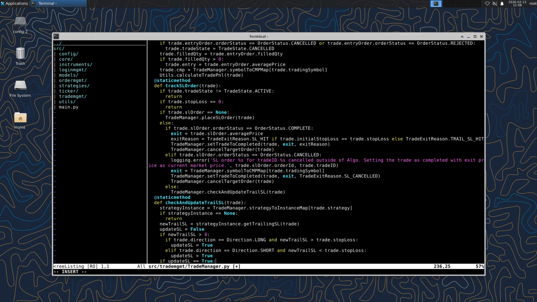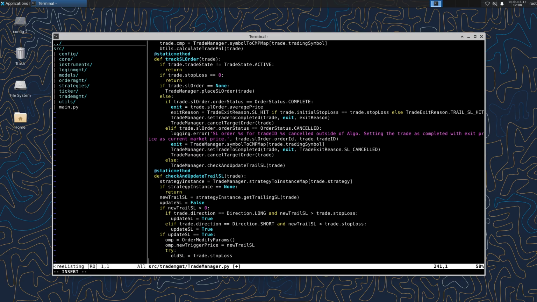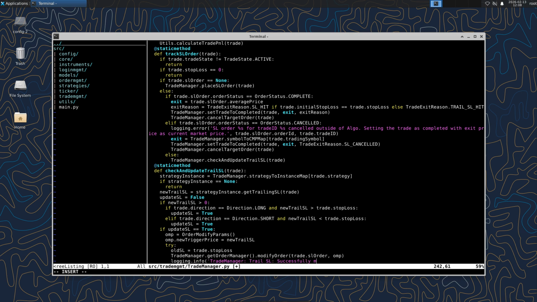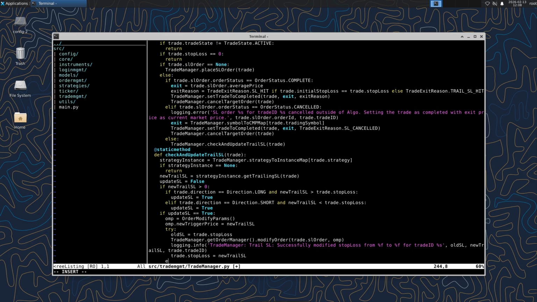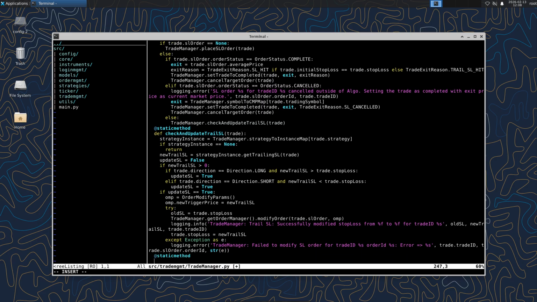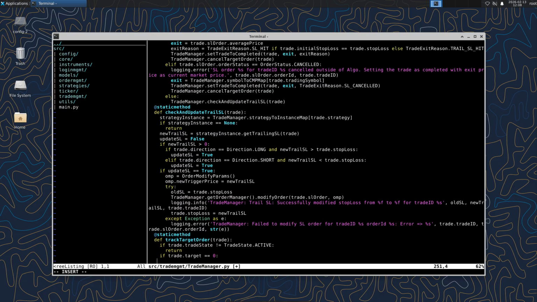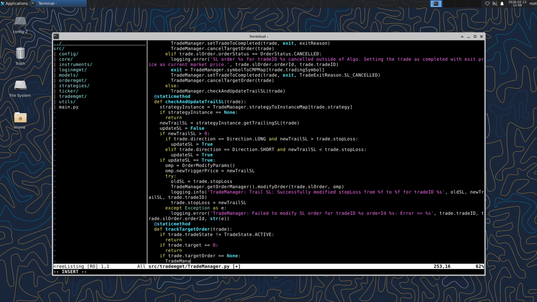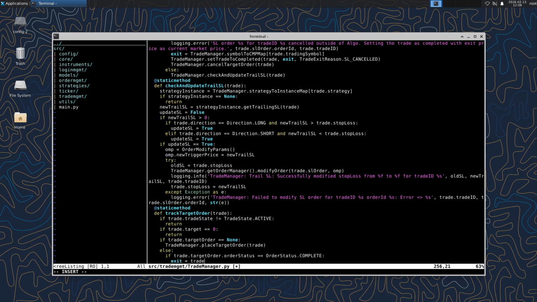Check and update trail SL looks up the strategy instance from strategy to instance map and, if present, asks the strategy for a new trailing stop via get trailing SL, base strategy to get trailing SL. It only proceeds when the returned new trail SL is a positive, better SL, higher for a long, lower for a short. In that case, it constructs an order modify params with a new trigger price and calls get order manager, .modify order to update the broker SL. On success, it updates trade.stop loss and logs the change, and on failure, it logs an error. Track target order mirrors the